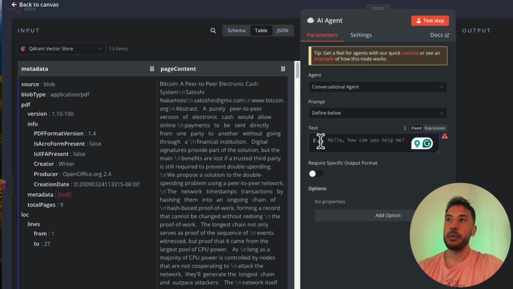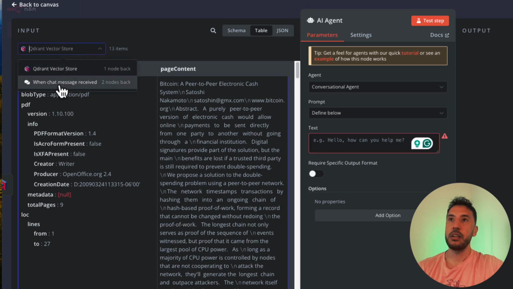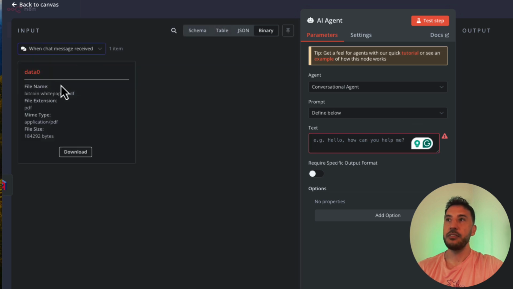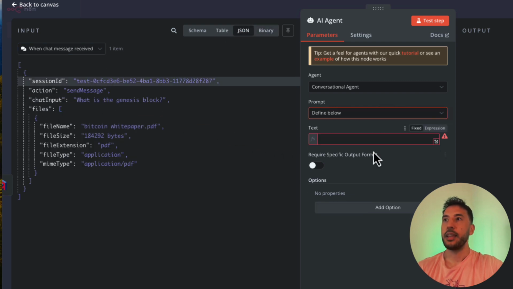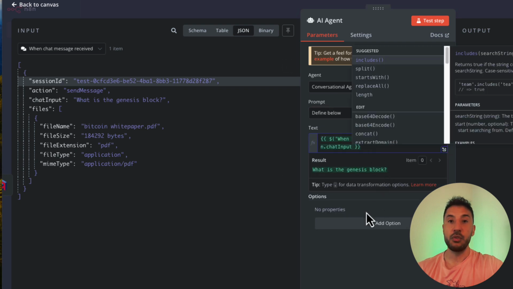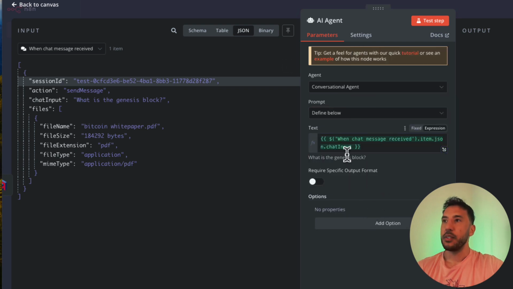This is going to come from our user, from the first step, the chat input. So you click on the input here and grab the When chat message received node. You go to JSON, and from here we grab the chat input, because we want to make sure we understand what the user is asking. It says when chat message received .item.json.chatInput. Perfect, so now we're good to go here.